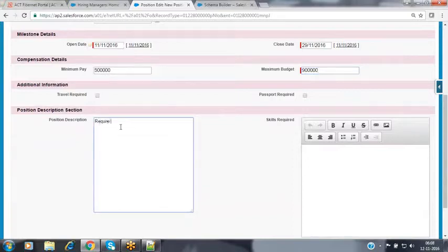Now require 4+ years experienced tester who can automate the test cases using QTP.